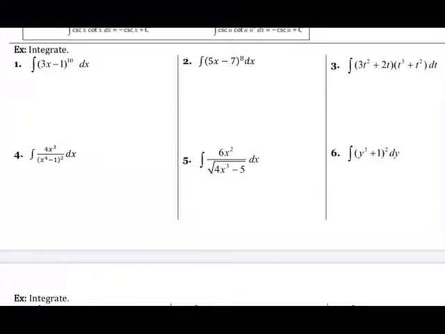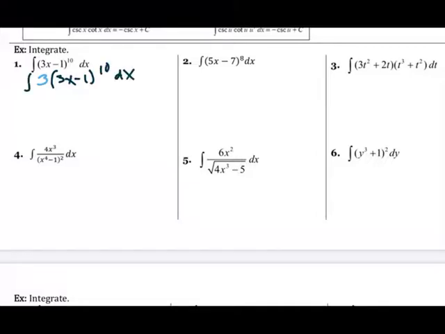Okay, so on number 1, I see that I have a composition of functions. So I have 3x minus 1 to the power of 10. I know that based on the power rule, this is going to become to the power of 11. But if the chain rule was happening here, I also should have the derivative of the inside. And what is the derivative of the inside? The derivative of the inside is 3. So if this actually said 3 times 3x minus 1 to the 10th power